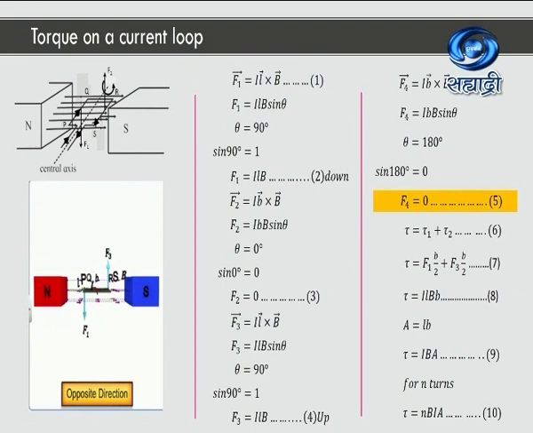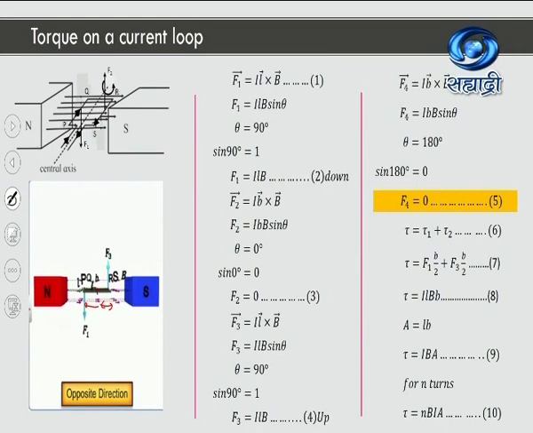See, this is the axis about which the loop is going to rotate. It is going to rotate about this axis. Now, as we can see, F1 and F3 are at a distance of b by 2 from that axis, because the breadth of this side itself is b. So from the axis to F1 and from the axis to F3 is b by 2.